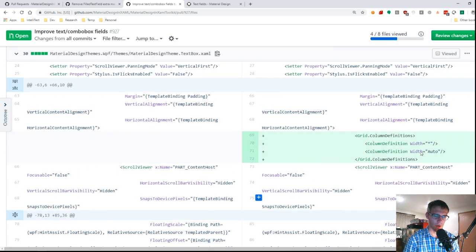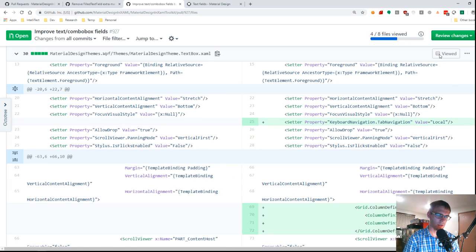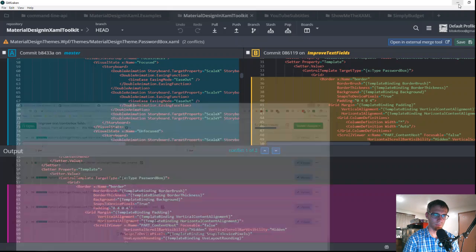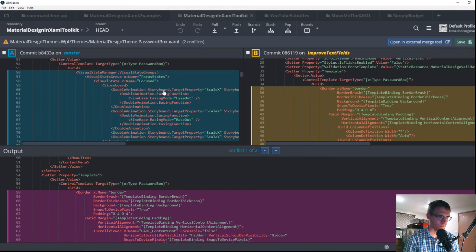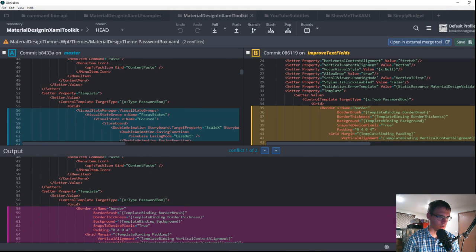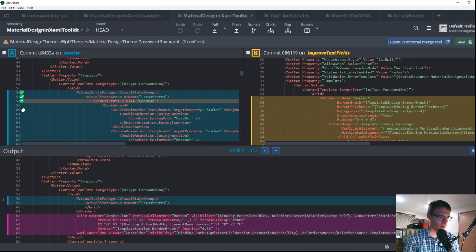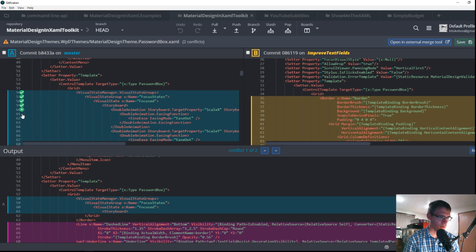Got it. That's why the stack panel doesn't exist, because suffix text doesn't make a lot of sense on a password box. Got it. Okay. So once again, we are going to just start picking up all of these changes one by one, all the way down